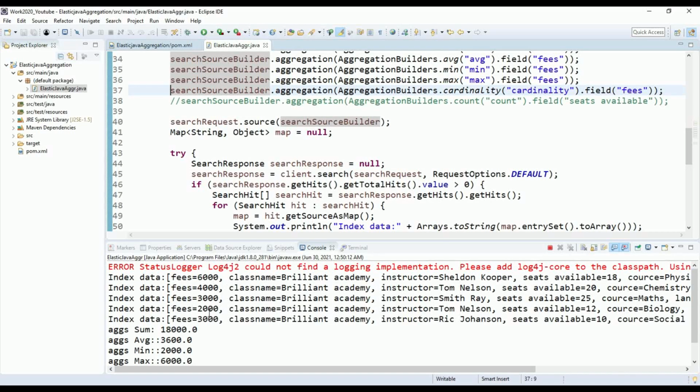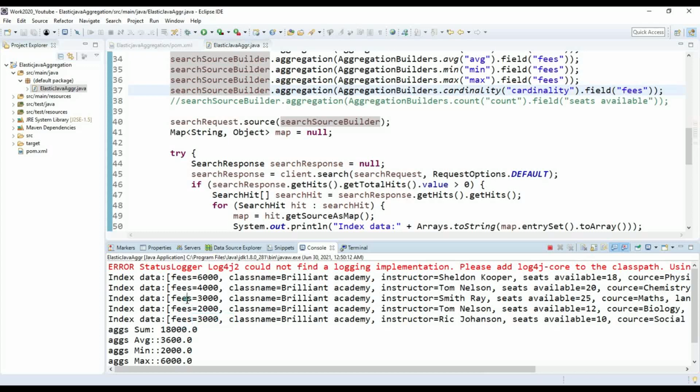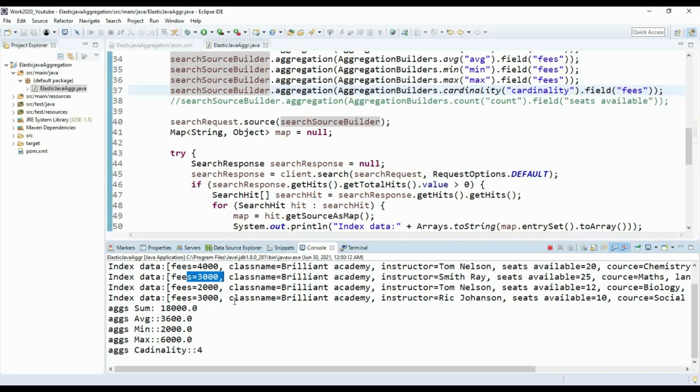I can see this 3000 fees is common for two courses, so it is counted as one. How is it counted? 1, 2, 3, 4, means three. The duplicate is taken as one only. So the cardinality count is 4.